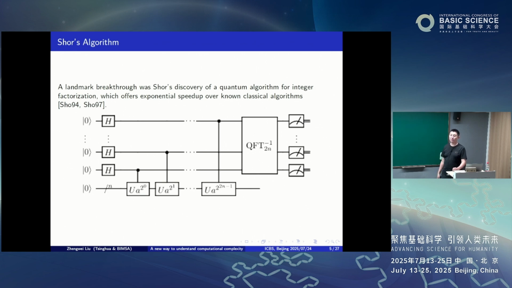And then you measure the result, you will get some number. From this measurement result, say x, then x over 2 to the n will be very close to k over r, where r is the order of a. So from that, using the continued fraction theorem, you can read out the periodicity of a. And once you know the periodicity of a, then you can use that to factorize this big number in a very simple way. Just you read the measurement.